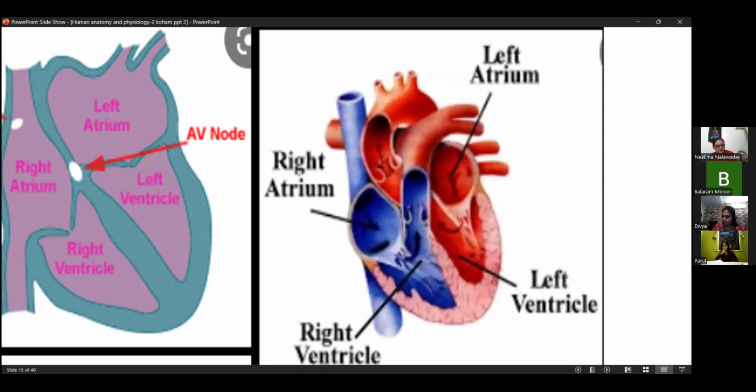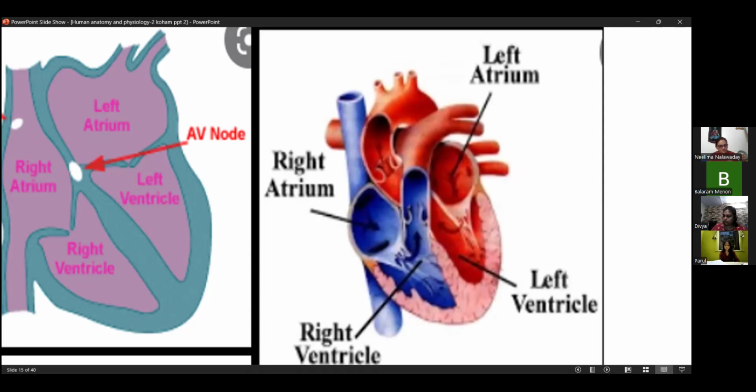And from the lungs, oxygenated blood comes into the left atrium, the left upper chamber. And from the left atrium, it goes into the left ventricle. And from the lungs to the left atrium, which vein transports it? Pulmonary vein. So here, the pulmonary vein contains oxygenated blood. So the rule is opposite here. All over the body, arteries carry oxygenated blood, but in the heart, when the heart transports this deoxygenated blood, the pulmonary artery